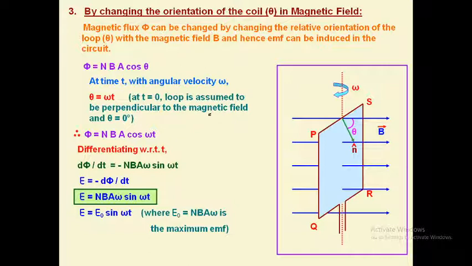Differentiation, you can see the table of differentiation. Differentiation of cos is minus sine, and one minus already comes in Faraday's law. So overall the negative will become positive. So the final formula is E equals N B A omega sine omega t, or E equals E naught sine omega t, where E naught is called the maximum EMF. Because you know very well the value of sine can be 0, it can be 1 by 2, it can be 1 by root 2, it can be root 3 by 2, but the maximum value of sine theta is 1. So the maximum EMF which you can get is N B A omega. In short, we write it E naught.